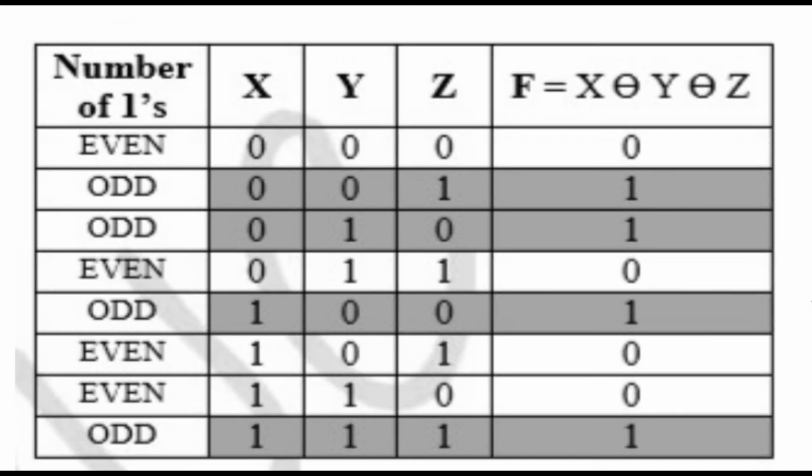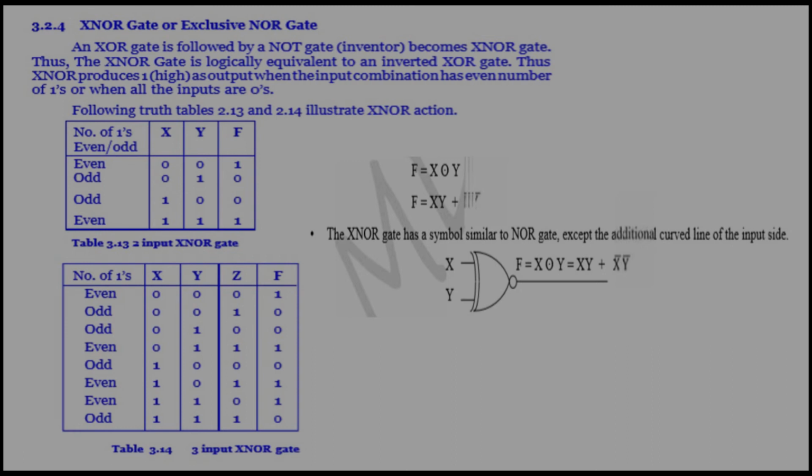Okay, in the truth table you can see once again 0, 0, 0, there is nothing, 0 ones, so we will get the result as 0. But in the second one, 0, 0, 1, one number of 1, so we will get the result as 1. Here you can see 1, 0, 1, there are two 1s, so we will get the result as 0. But at the last, 1, 1, 1, there are three 1s, so we will get the result as 1. Okay, this is an easy way to remember the XOR output or XOR truth table.